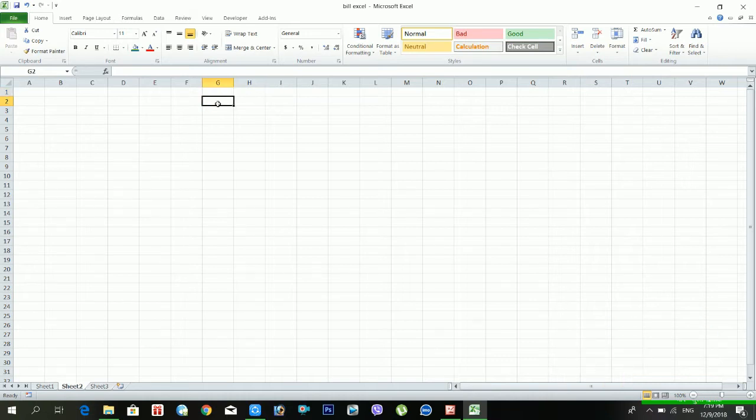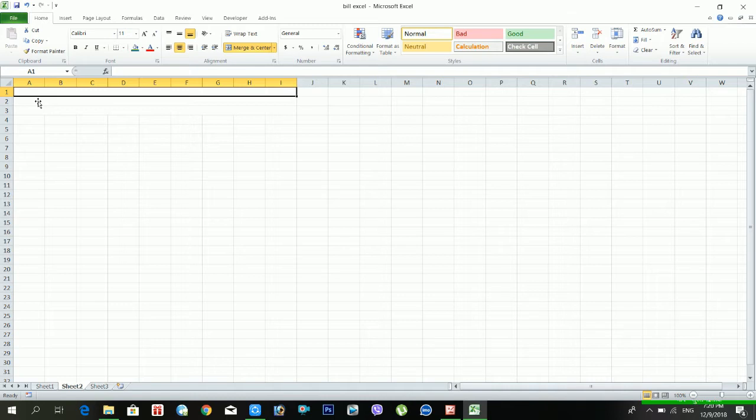So without any delay, let's begin our tutorial. First of all, you have to select some cells and you have to merge this one, okay, and from here also you have to merge this one like this, and for this also you have to merge, okay. Now first of all you have to put